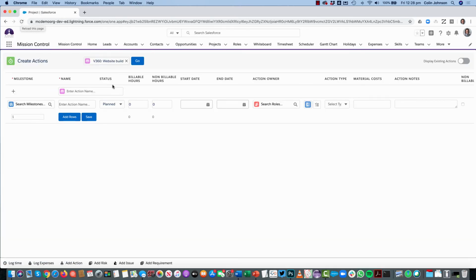So one of the other features that I want to talk to you about is that this page doesn't only let you create new actions. It also allows you to edit existing actions. There's a toggle located up in the top right here, which allows you to turn on the feature to display existing actions. So if I turn that on,